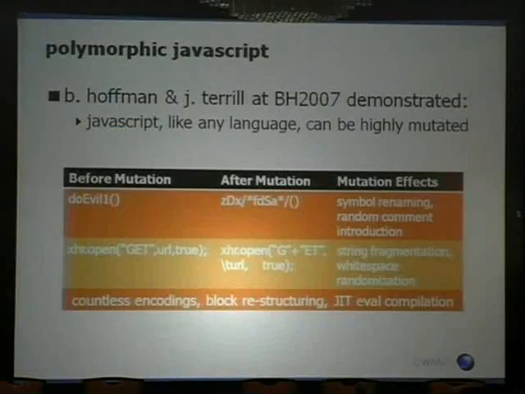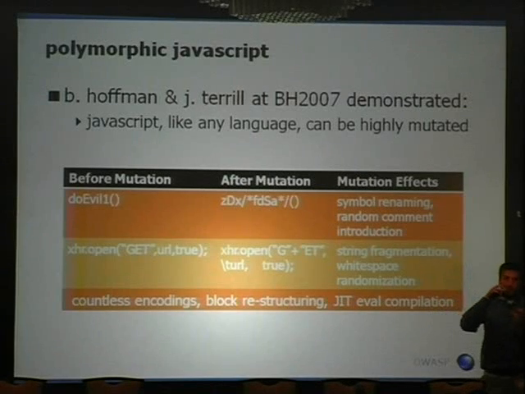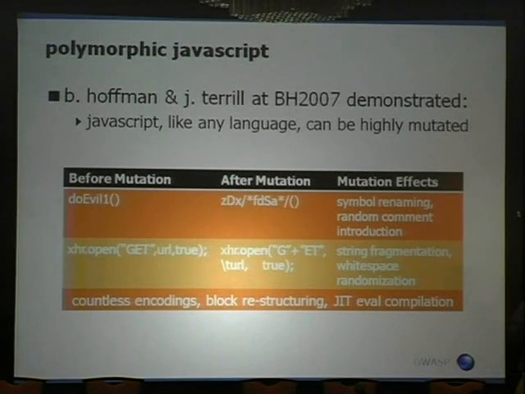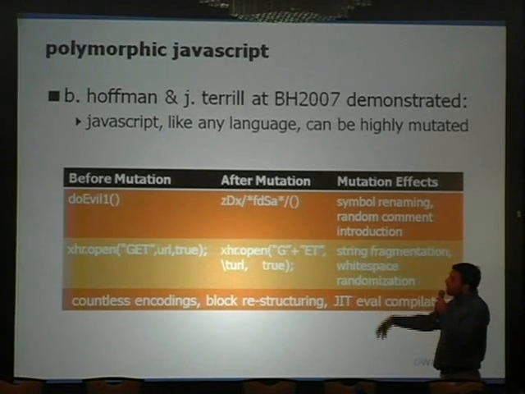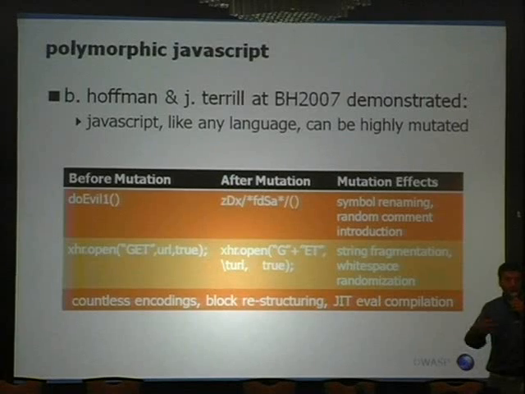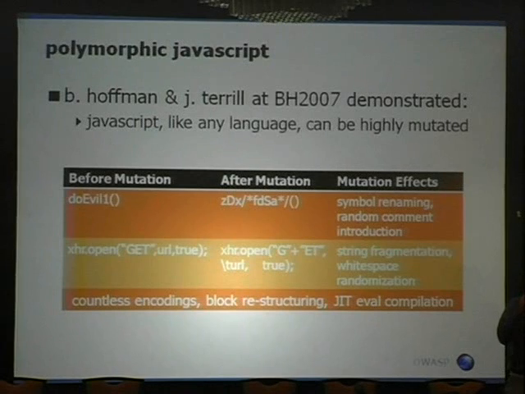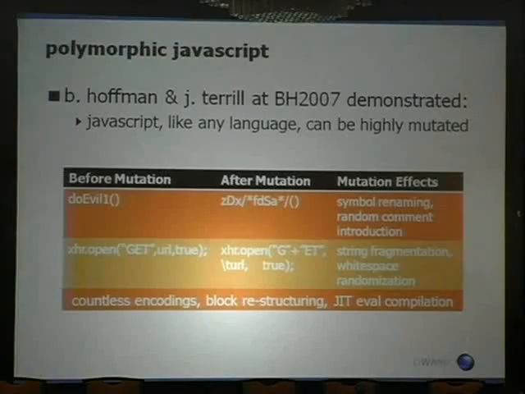Okay, so polymorphic JavaScript. Polymorphic JavaScript is this idea that we can take JavaScript and make it look like nothing it was supposed to look like. Okay, so then it becomes really hard to signature. So here we've got a couple examples. Billy Hoffman is like the king of this stuff. He's like my hero. So you look at his research if you're interested in it. But basically the idea is we can obfuscate JavaScript so that it's hard from one profile to another to try to signature the attack. Okay, so if I wanted to clean up after a worm, it's difficult because the JavaScript in one profile looks nothing like the JavaScript in the next.